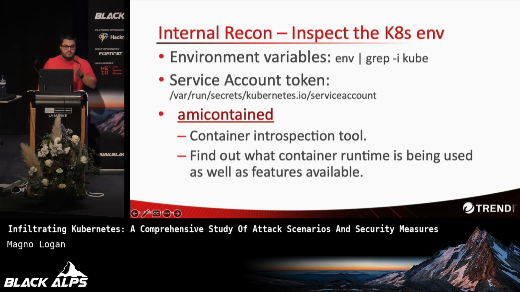Every pod running on the cluster will have this service account token, and it will always be in the same location: /var/run/secrets/kubernetes.io/serviceaccount. There you're going to have the namespace, which is basically like a folder inside your Kubernetes cluster, a separation of different projects. You're going to have the token and the certificate inside that folder. That can give you information because it's used by the kubelet to talk to the Kube API server and to perform authentication there as well.